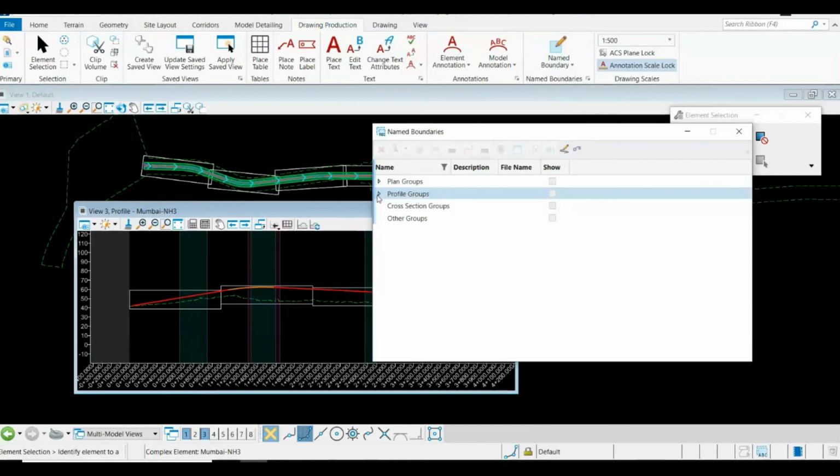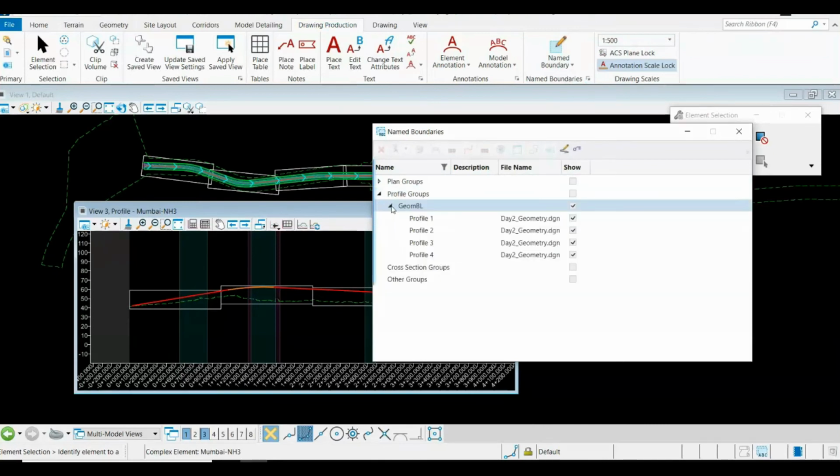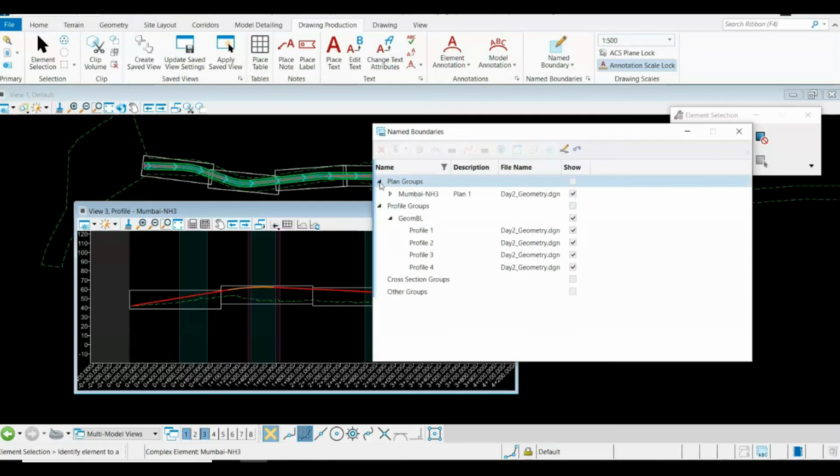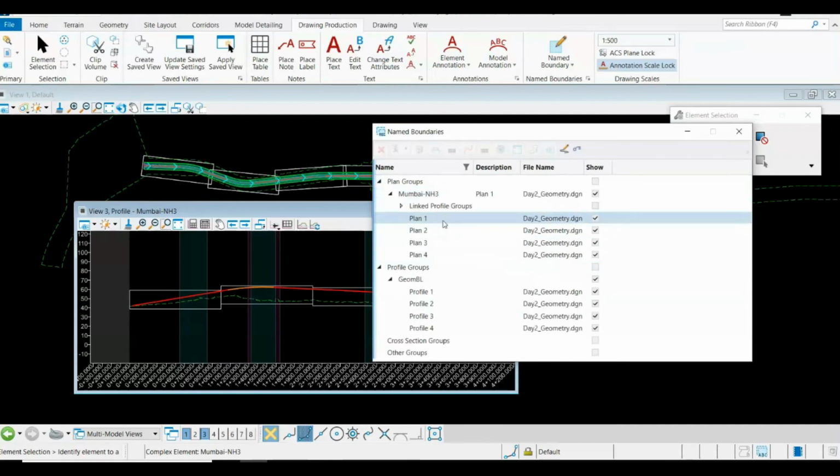And if I need to see how many sections I have cut, within the plan group the name is Mumbai NS3, and within that I have my 4 plan boundaries, and within my profile I have 4 profile boundaries. All these profiles are linked to the plan, meaning they will appear just below it because they are in synchronization.